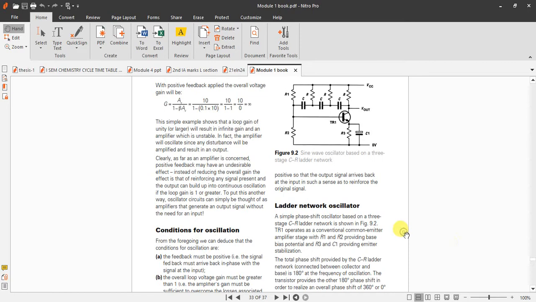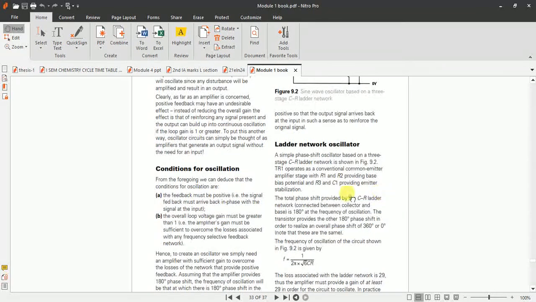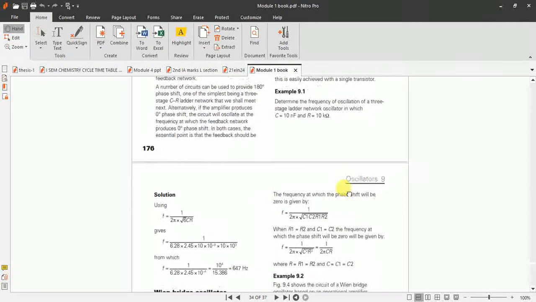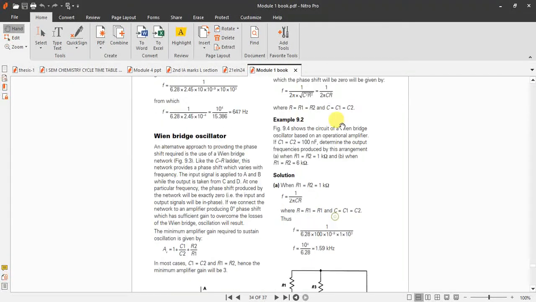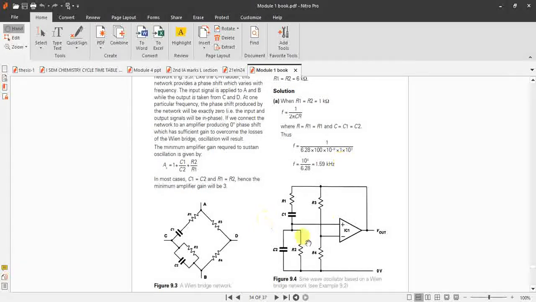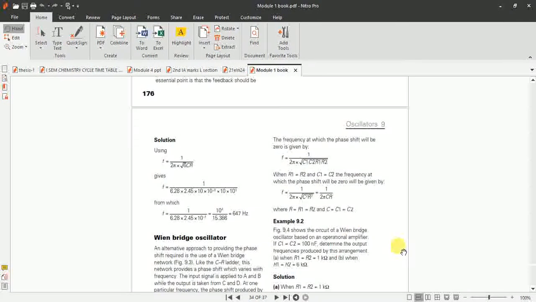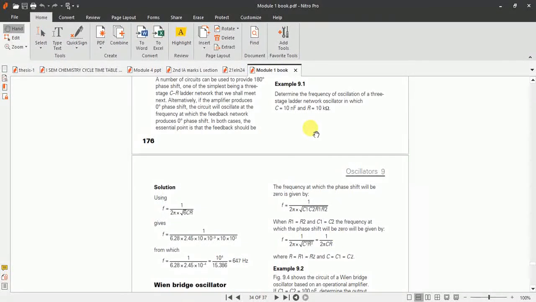And one more, we are going to simulate the Wien bridge oscillator. So that is actually using an op-amp. So we'll simulate both. Actually, let us simulate this one first: determine the frequency of oscillations